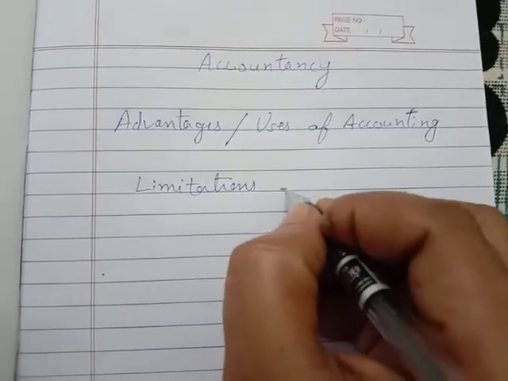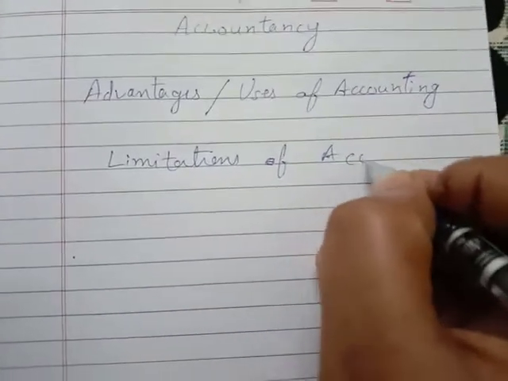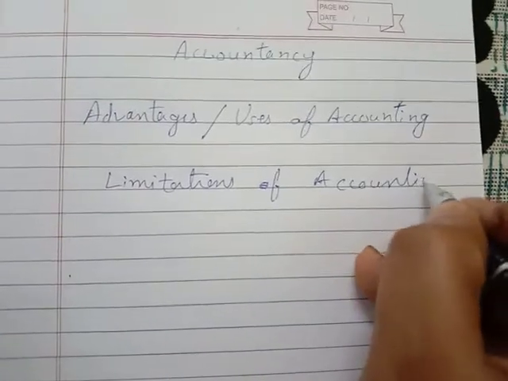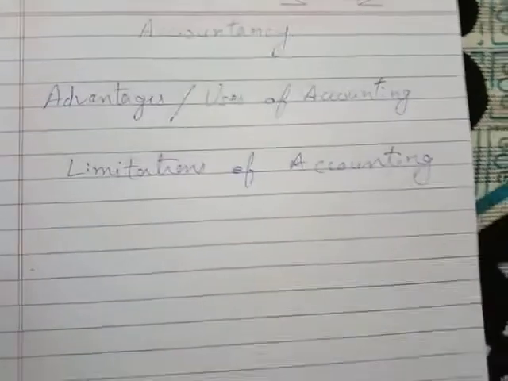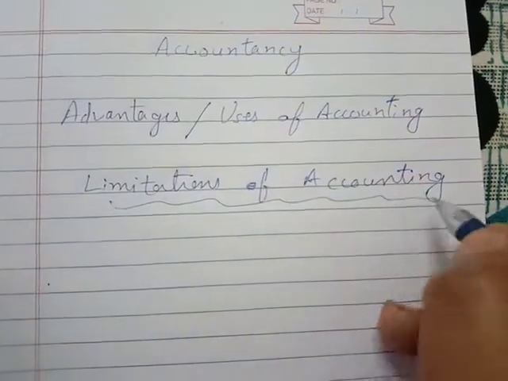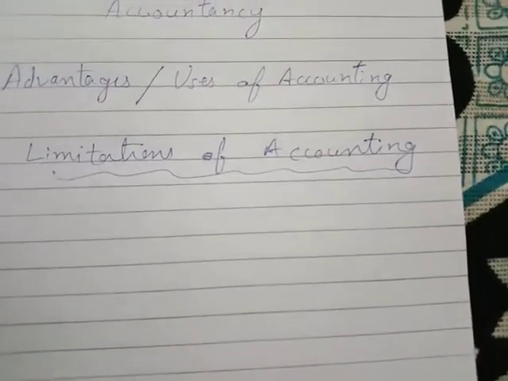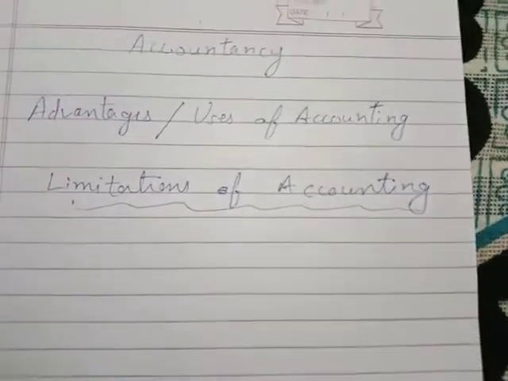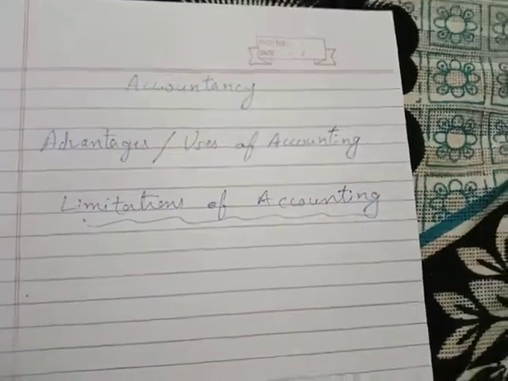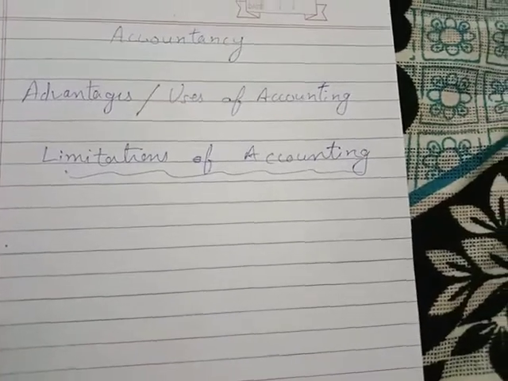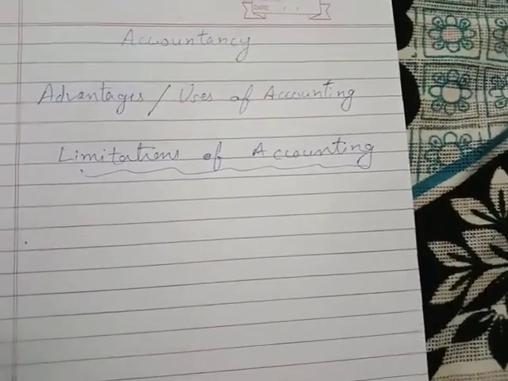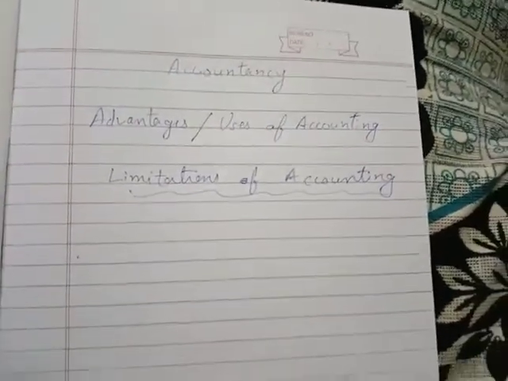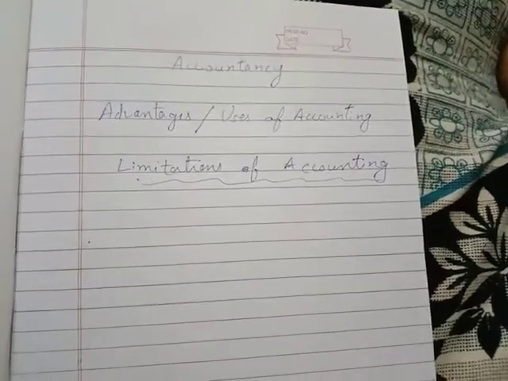Limitations of accounting. Let us discuss some of the limitations of accounting. So the first is influenced by personal judgment. First point is influenced by personal judgment, because accounting is an art of recording, classifying and summarizing in a significant manner,